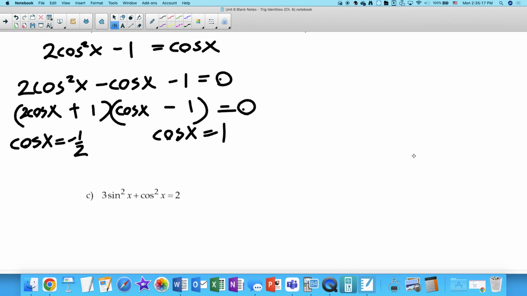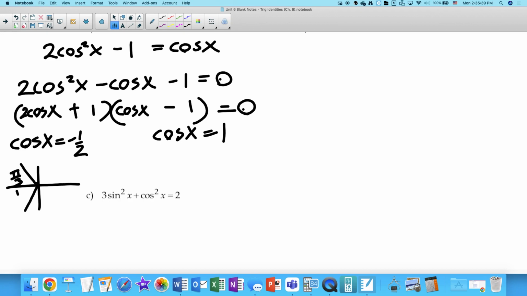In which quadrants is cosine negative? 2 and 3, right? So it's going to be here and here. And then which angle has a reference angle for cosine of 1/2? Pi over 3, yeah. So we have this and this,